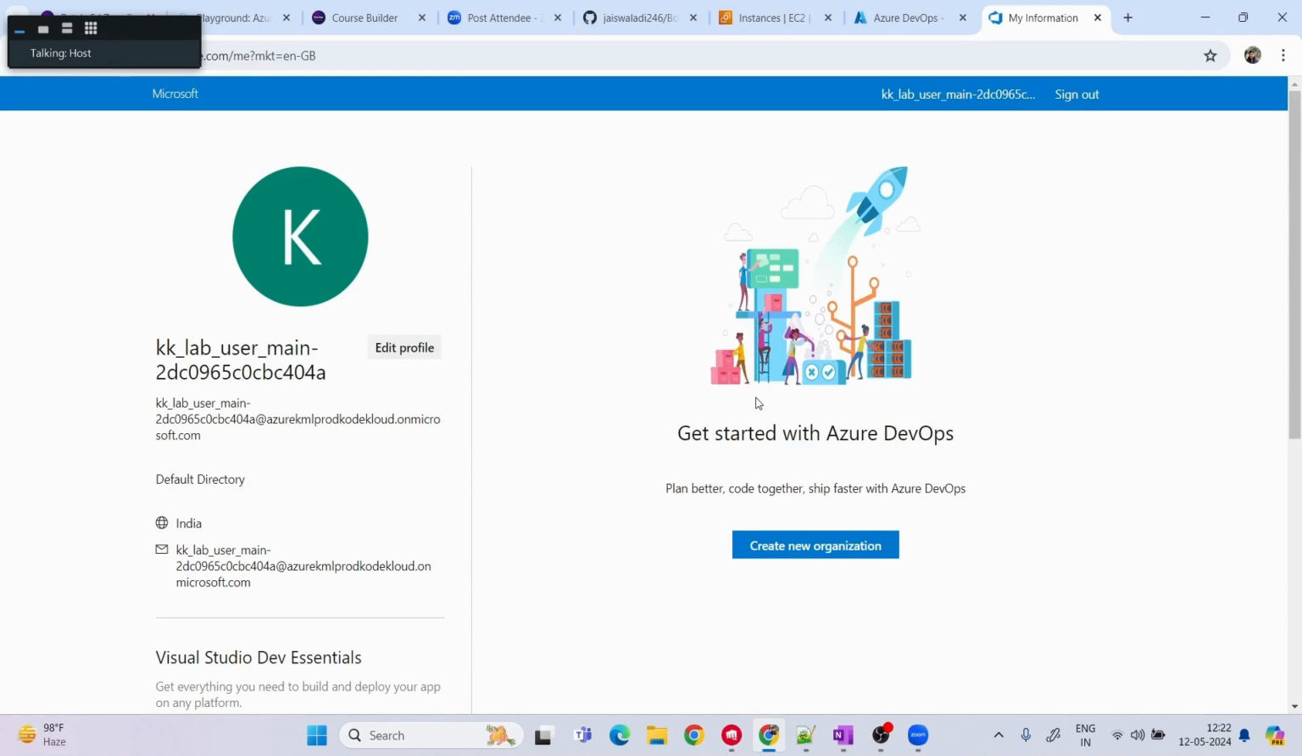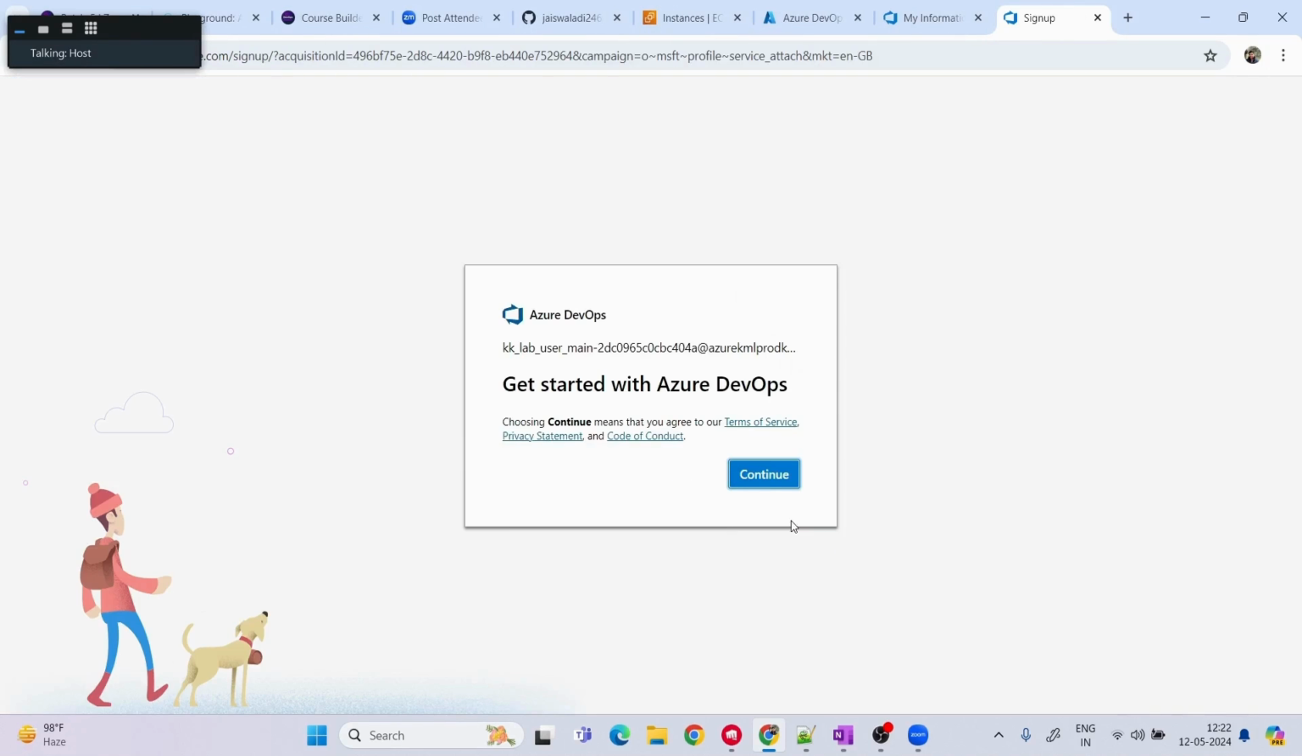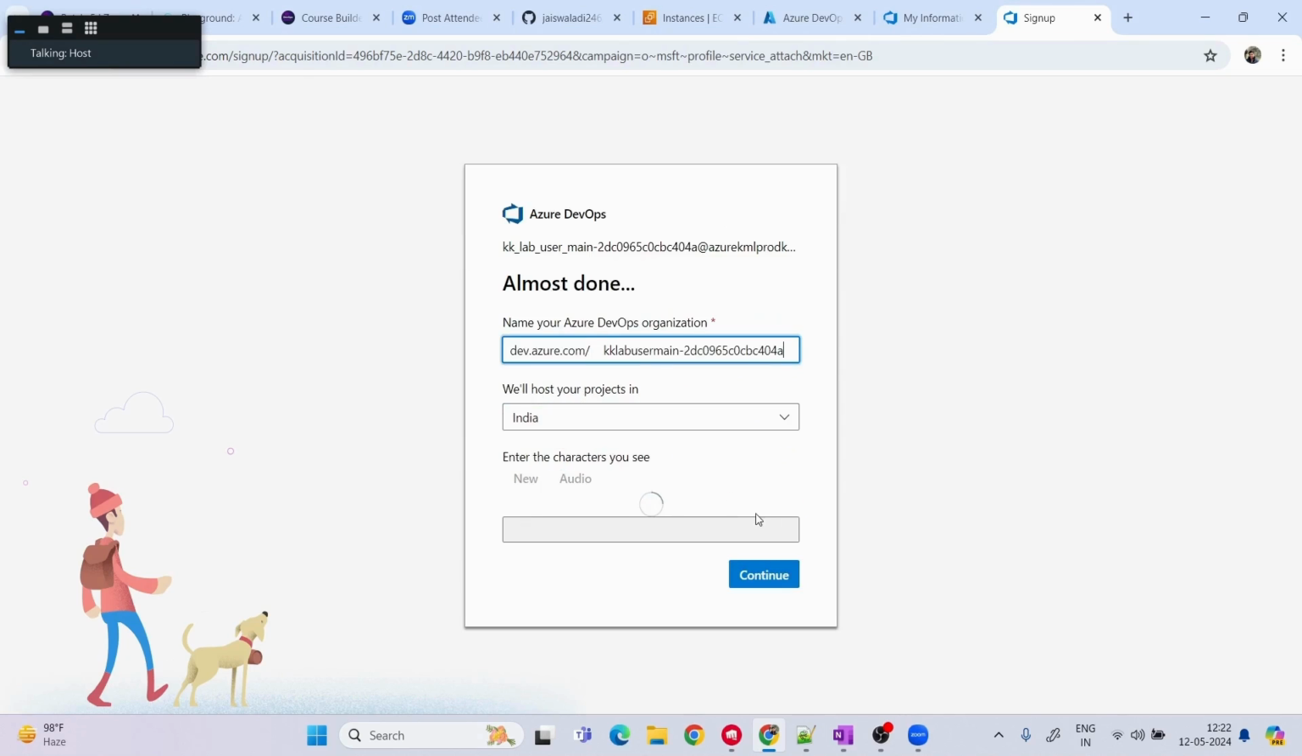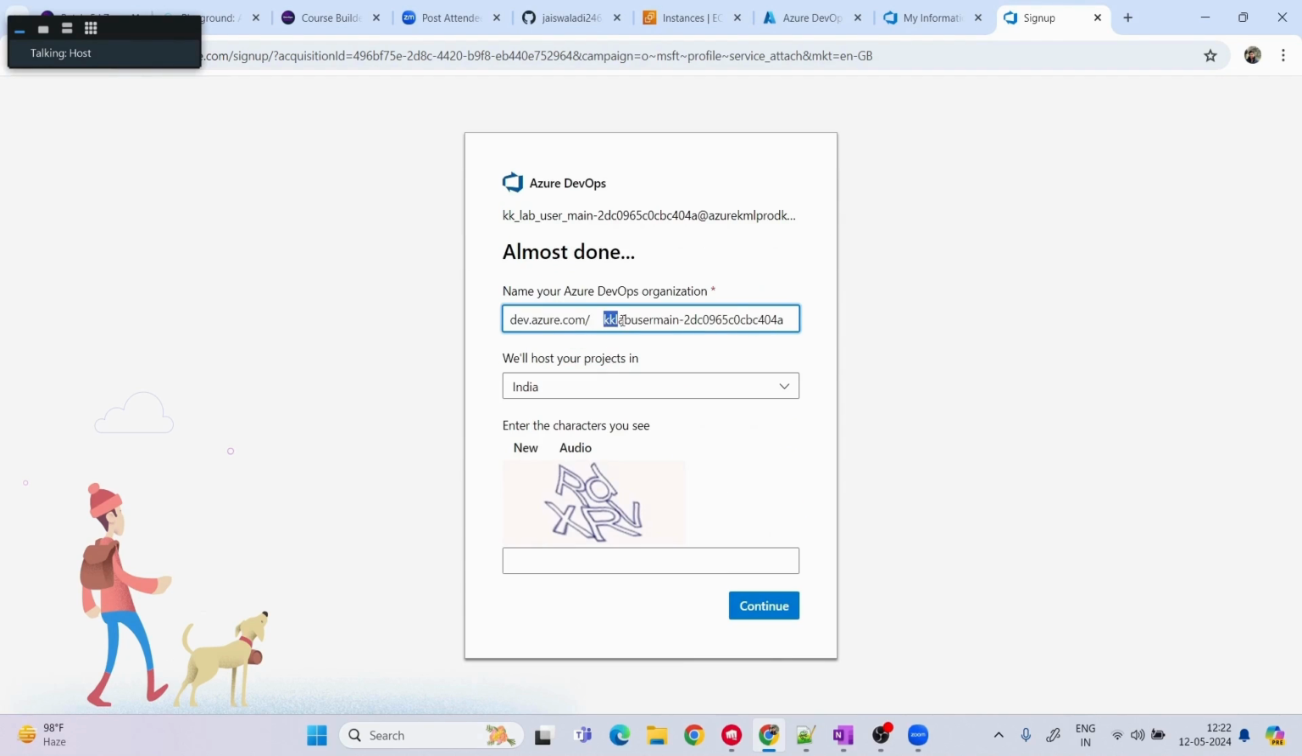As of now, since there is no separate organization I have created, I can click on create new organization. Okay, and here we need to provide the name of the organization. Any name we want we can put. For example, I can put AZ